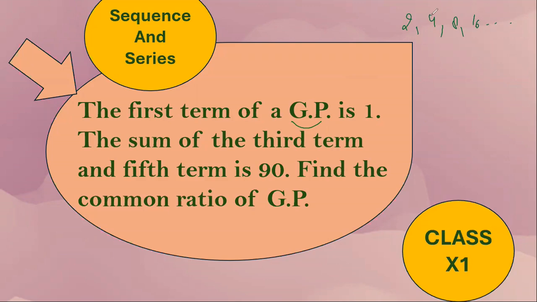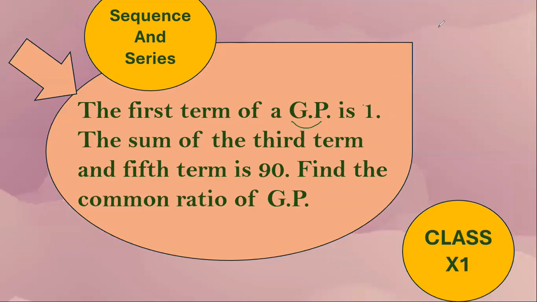Because if we take the first two consecutive terms, which are 2 and 4, and divide the next term by the previous, meaning 4 divided by 2, we get 2. Then the next two terms, 8 divided by 4, again 2. Again, the next two terms, 16 divided by 8, again 2. So this is a GP because the ratio that you are getting is the same. Okay. Now understand, everyone. What is given in the question is that the first term of the GP is